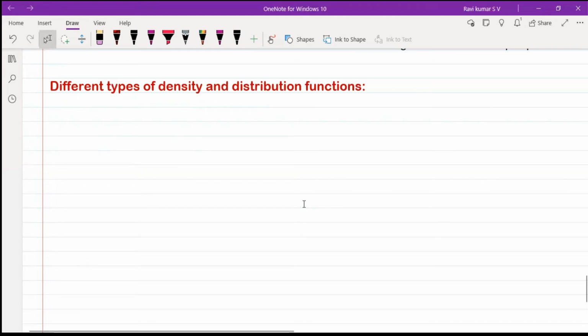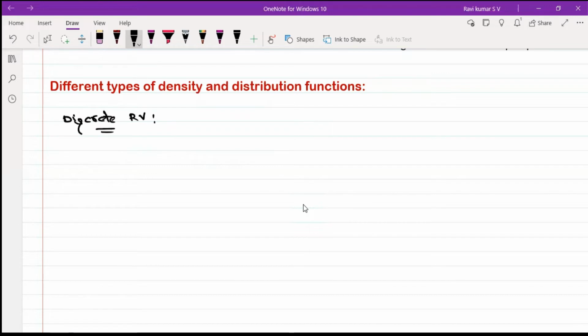In this video, we will discuss different types of density and distribution functions, which are very important in random variables and stochastic processes. In the previous videos, we discussed what a density function and a distribution function are. Now I am taking distribution functions and density functions based on the type of random variable. So now I am taking the discrete random variable,